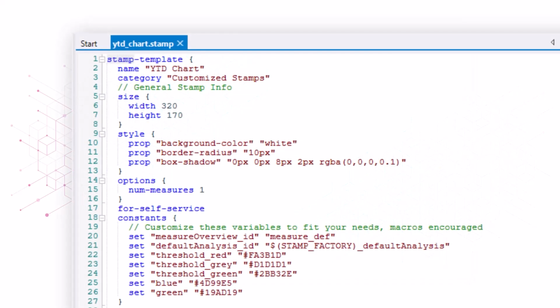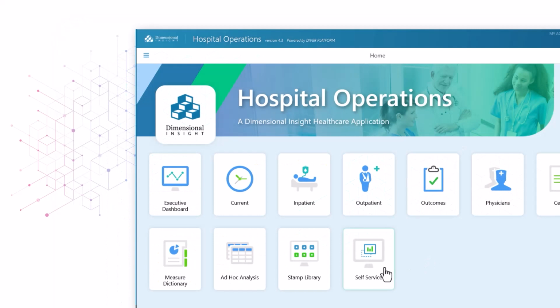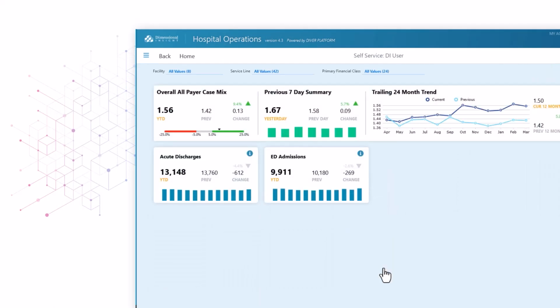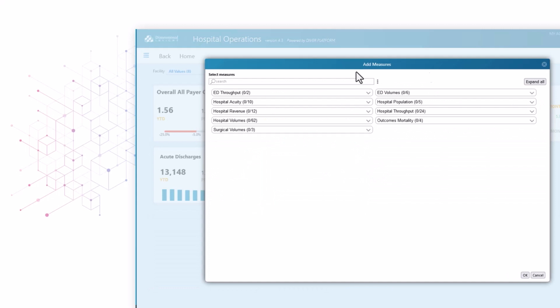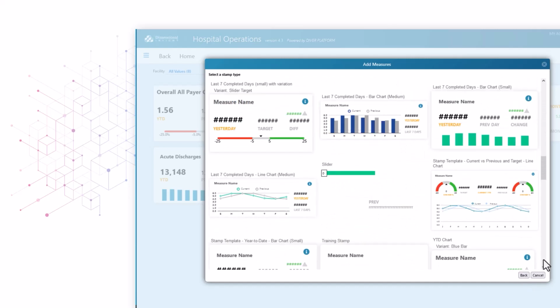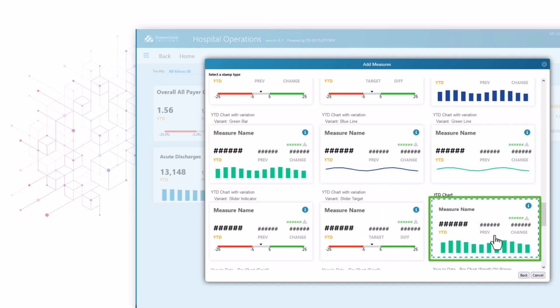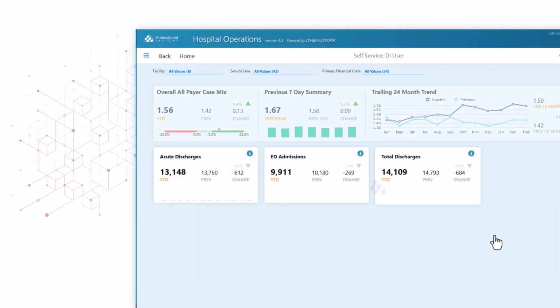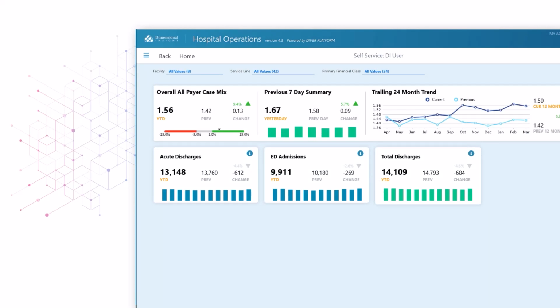So here again is our stamp file with the tag for self-service. This indicates that when we go to the self-service page on DivePort, we'll be able to add this stamp. So let's go to the DivePort and then to my self-service page. Let's search for total discharges. And now I see all of the stamps that I've made available. Here is my YTD chart. When I click on the stamp, it appears on the self-service page. If the self-service tag were not present in the Workbench file, we would not have been able to add the